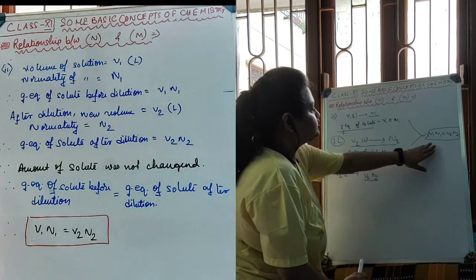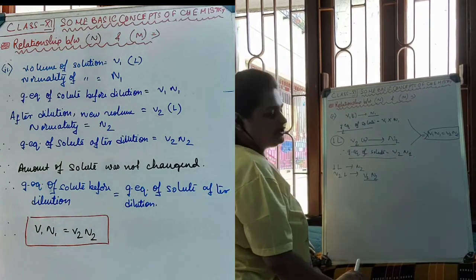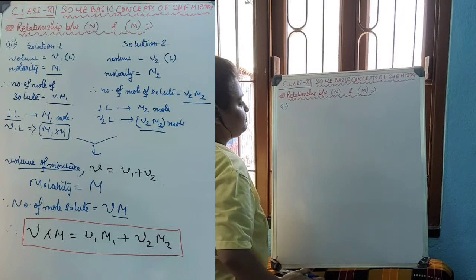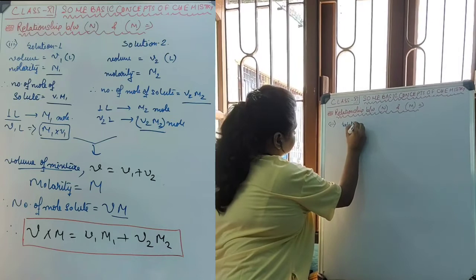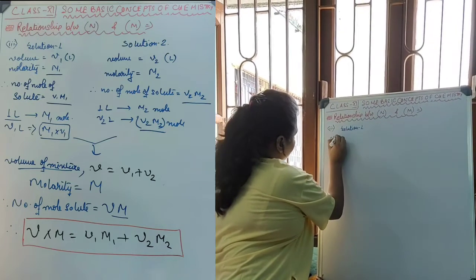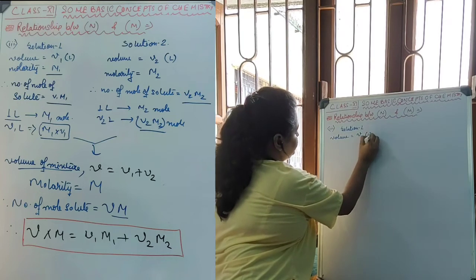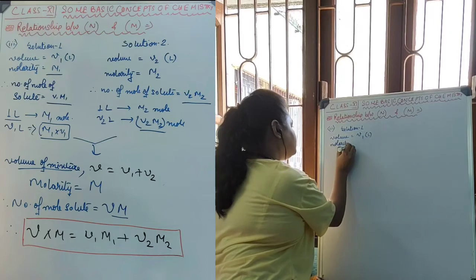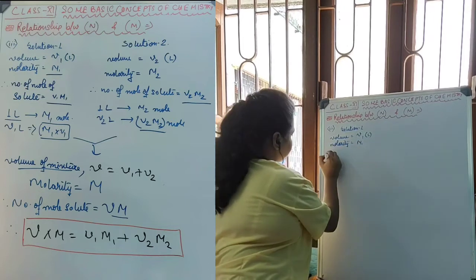This is the relationship between normality and volume before dilution and after dilution. Let's take an example of a two-solution mixture. So in solution 1, the volume of the solution is V1 liter and the molarity of the solution is M1. Therefore, the number of moles